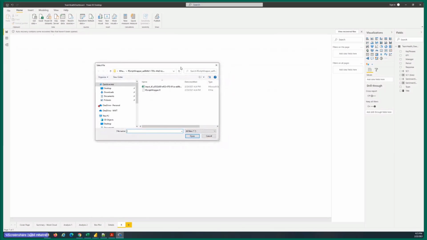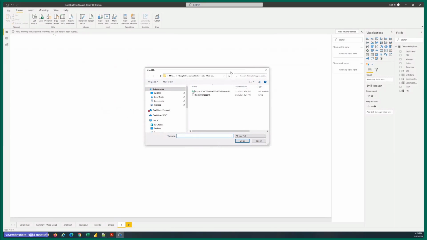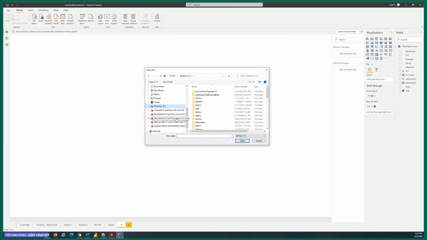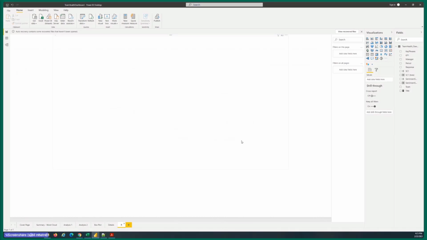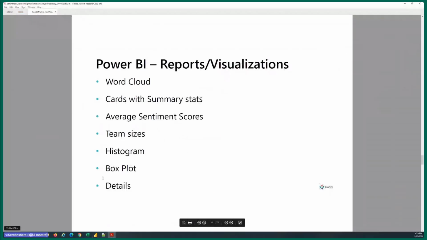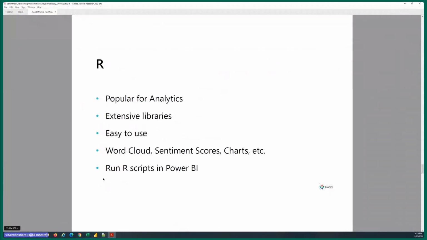All right. So the R script that I have prompts the user for an input file. So this is the input file prompt, and I'm going to go into my demos folder and give it the input file. And it's going to create a visualization for us. This visualization is based on emotion classification. So I'm going to go to the slide where we talk about that particular visualization.